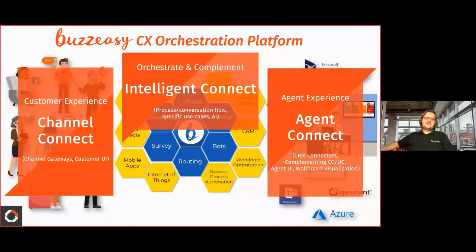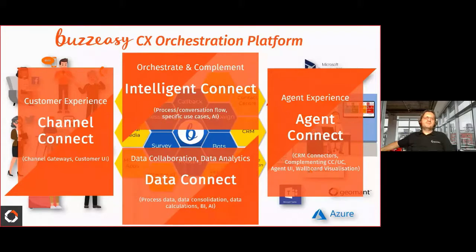On the top is where the intelligence is coming from. This is called Intelligent Connect, and sometimes it is artificial intelligence, sometimes it is not, just logic-based CRM lookup and some routing based on that. But sometimes we are using AI, and for AI, what is the most important? To have the data. The 4th pillar is Data Connect, and this is where we are orchestrating and having this data collaboration together to get the data for analytics, for AI, and for the intelligent decisions made on the Intelligent Connect side of the equation. So basically, this is in the background.